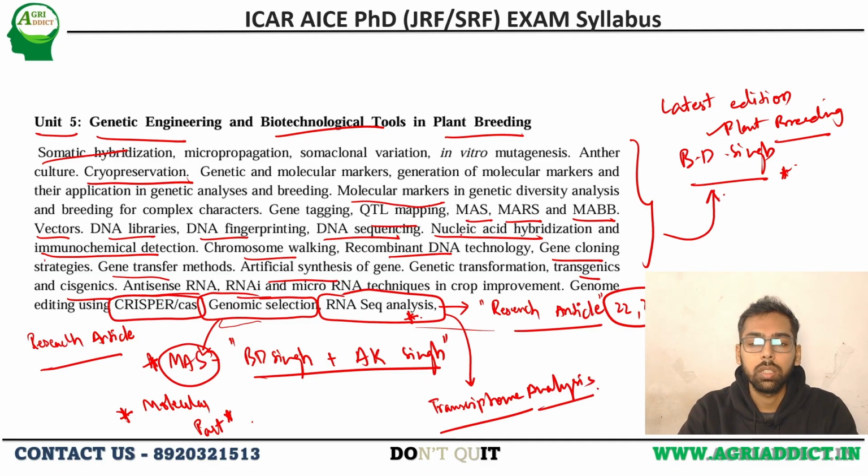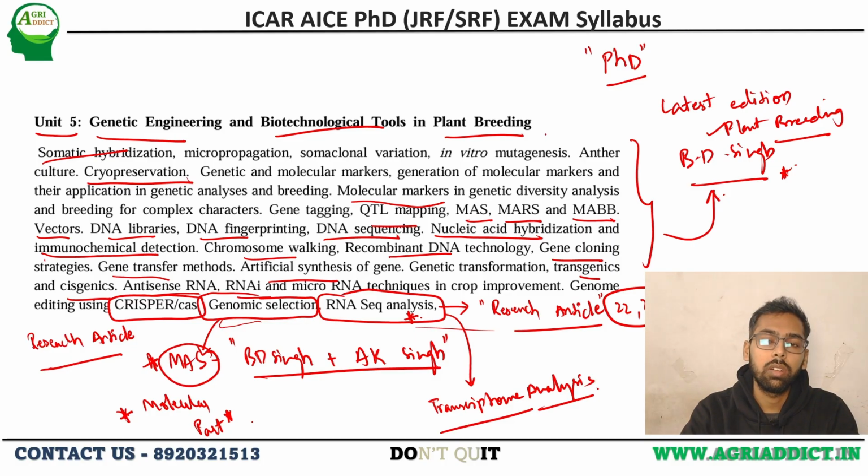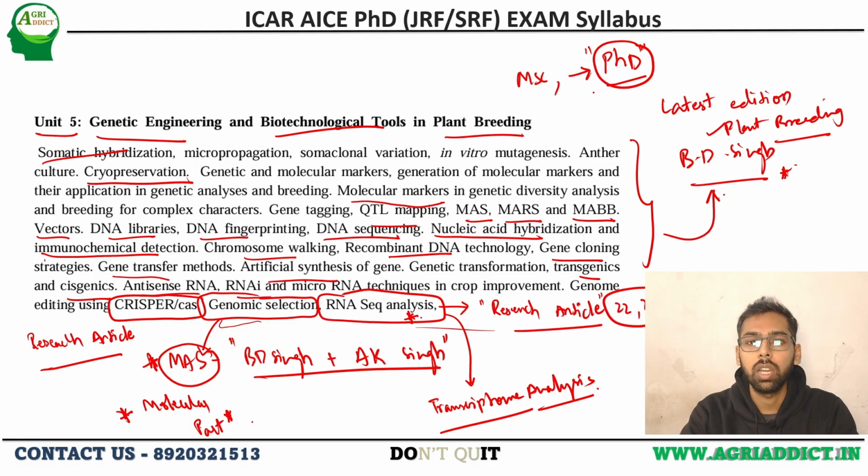So this is the entire information regarding the biotechnological tools. Most of the questions in genetics and plant breeding for your PhD examination will be from this unit, based on my experience. Because your units 1, 2, 3 and 4 are the basic units that you need to have covered in the basic MSc syllabus. But for the PhD, if you want to crack the ICAR PhD examination and get a seat in IARI, you need to be thorough regarding unit 5.